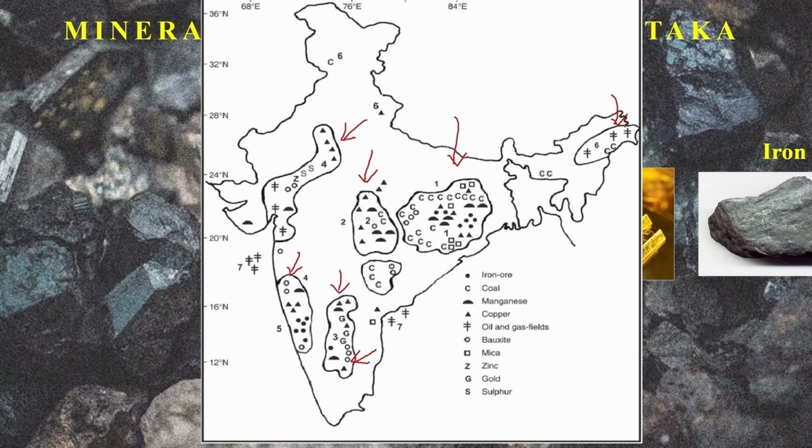The most important one is the first belt, which is the heartland of all the minerals. That is coal, iron ore, copper, bauxite, manganese. All of them can be found in this belt. The second important one, of course, are the southern and the southwestern belts, where we find rich iron ore. And it is here that we are going to study Karnataka's mineral reserves. Since Karnataka lies in these two regions, we will study what are the mineral reserves that can be found in Karnataka. All right. Without further ado, let me start the mineral resources of Karnataka.